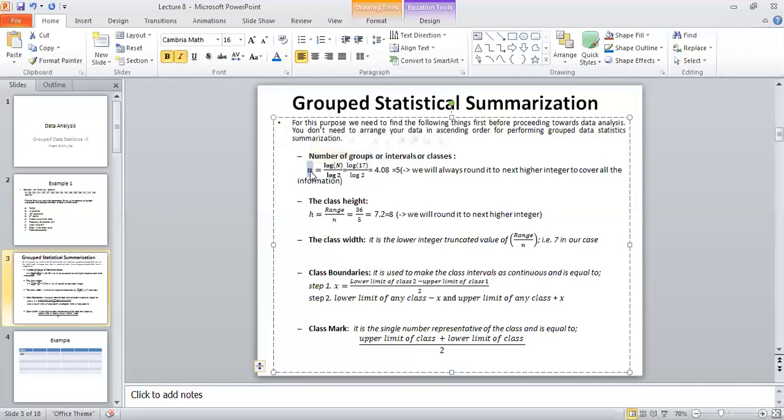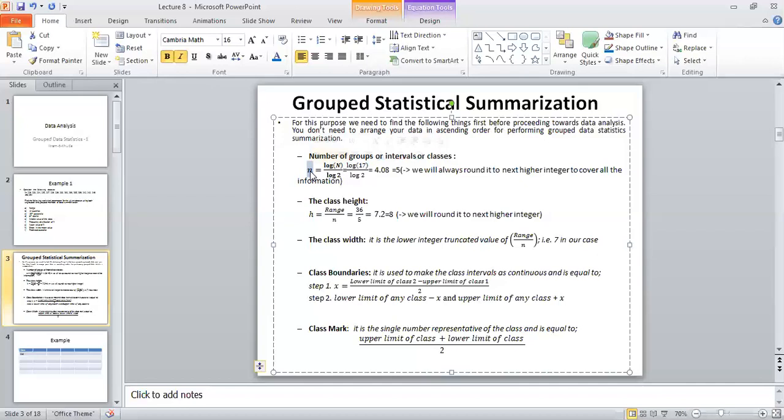Now, by the rules of rounding off that we study in algebra or mathematics, we know that 4.08 should be truncated to 4. Probably that might be okay according to the rules of rounding off, but here it will not satisfy the requirement. If we truncate it to 4, we would be taking four groups in the data set, but we have a decimal value of 0.08, and then we would be losing that information, and we do not want to lose any information,